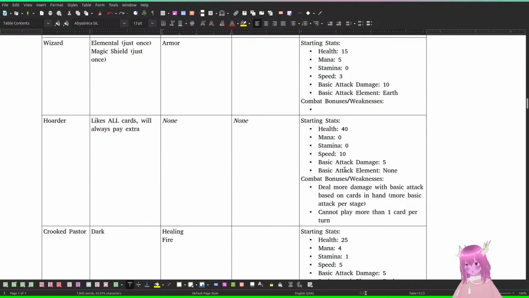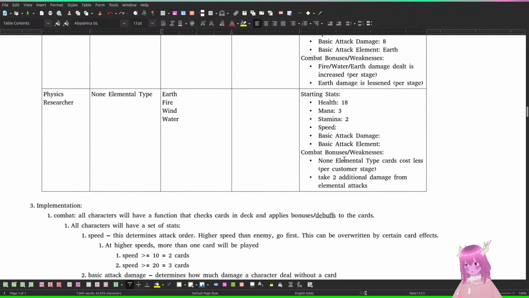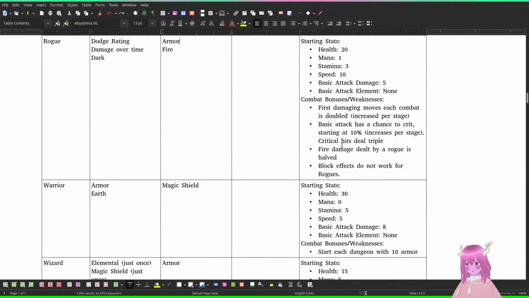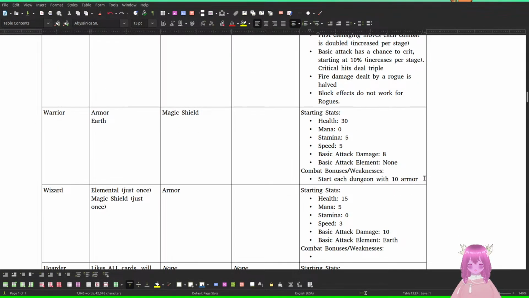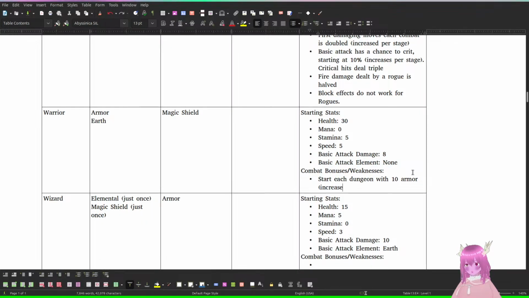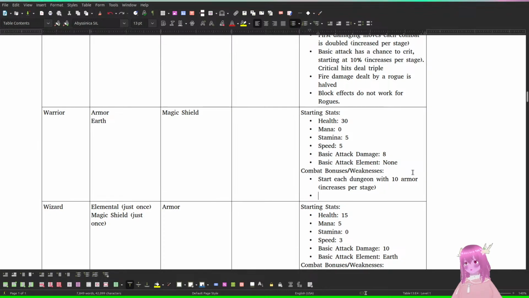Whoopsies. Armor doesn't run out between fights. It just maintains. It increases per stage. I think it'll be 1, 2, 3, 4, 5, and then 20, 30, 40, 50, you know.